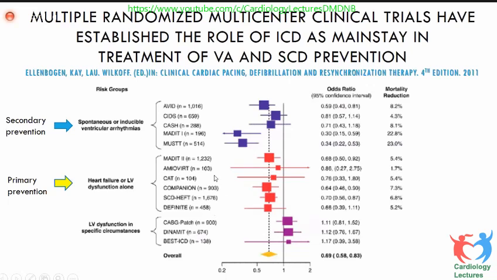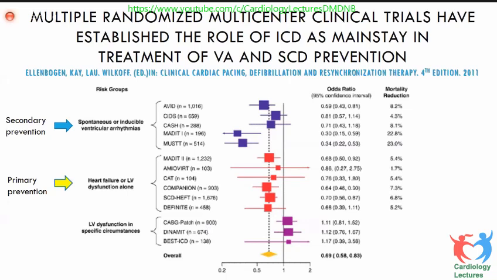Those in the middle, as highlighted by the yellow arrows, are the patients who have heart failure or left ventricular dysfunction alone, but no documented ventricular arrhythmia beforehand. These are the high-risk group we indicated for primary prevention. A few studies indicate not that significant benefit from ICD,